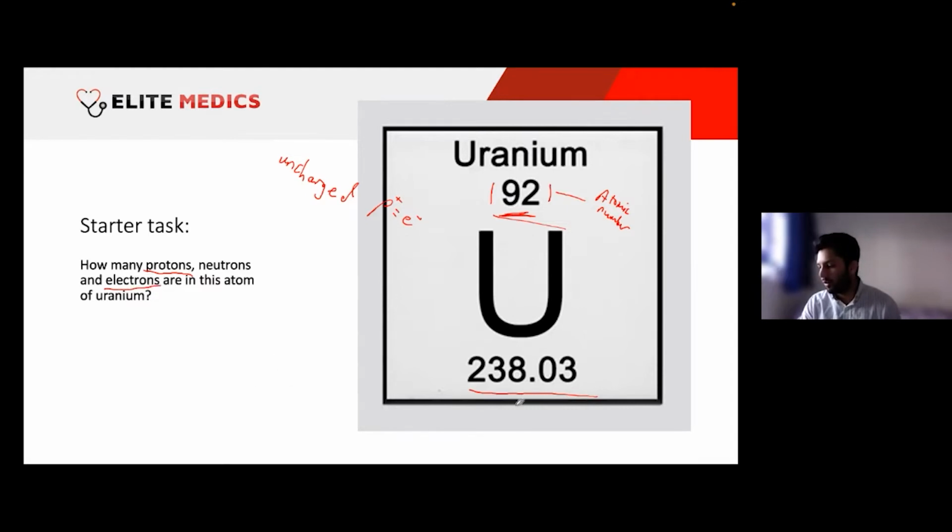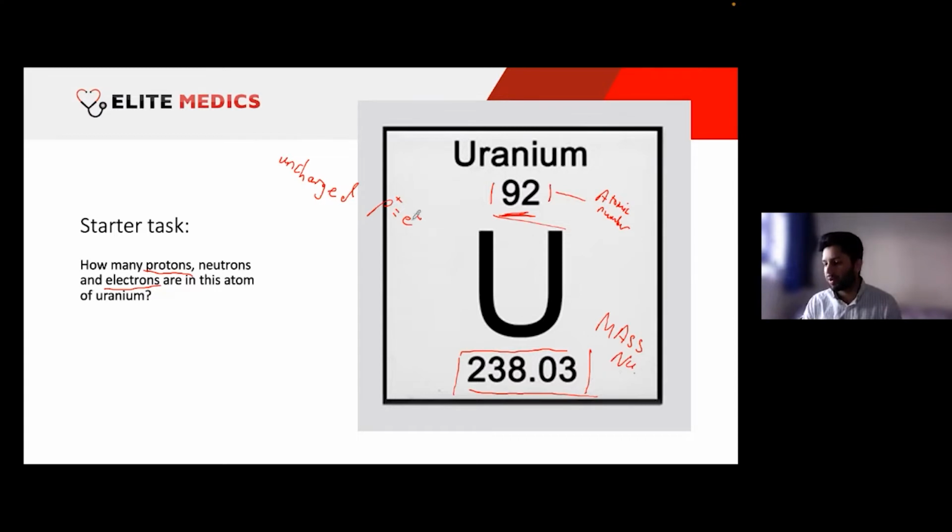Okay, so now onto this big number here. So this is known as the mass number. Okay, so the mass number. So there's only one thing really left to figure out. Well, that's the neutrons. So how can I use the mass number to figure out the number of neutrons? Well,